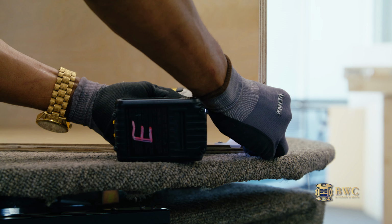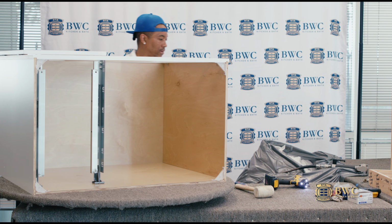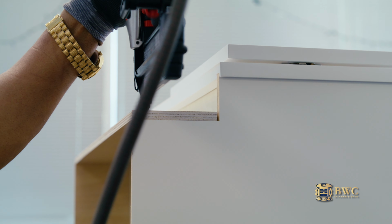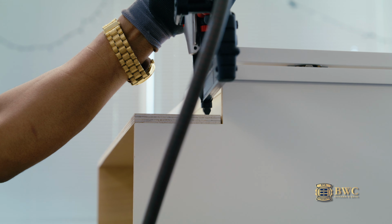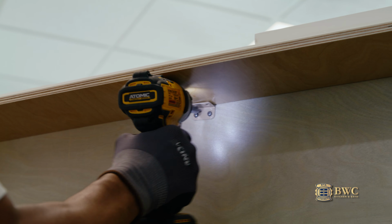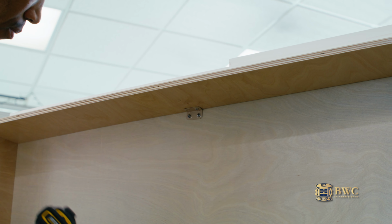Secure the toe kick onto the face of the cabinet by placing it flat and making sure its sides are even with the side of the cabinet panel. You can secure it using a nail gun on each side into the side panel. Here you'll grab another L bracket and you'll use your 1/2-inch screws to secure the toe kick to the bottom